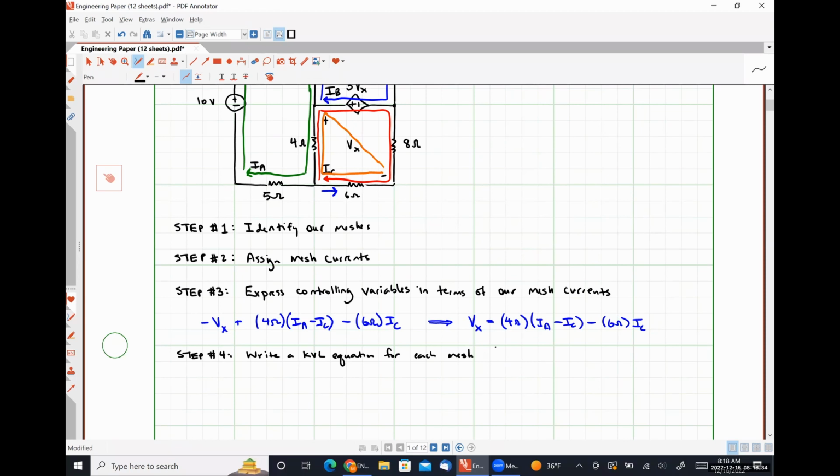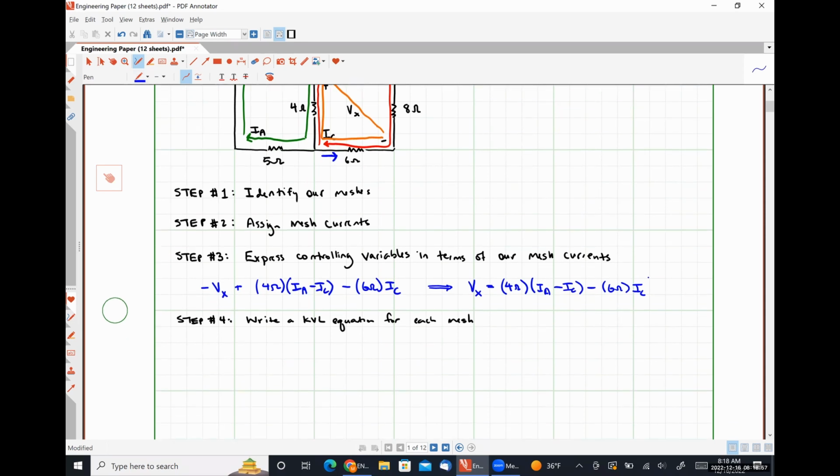Effectively, we're going to follow our mesh current around its clockwise path, and we are going to assume that the mesh current we're following flows into the positive polarity terminal of any resistor that we see. Okay. So let's start by writing a KCL equation for mesh A. Excuse me, KVL around